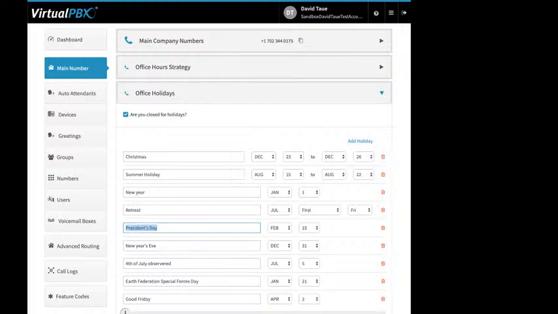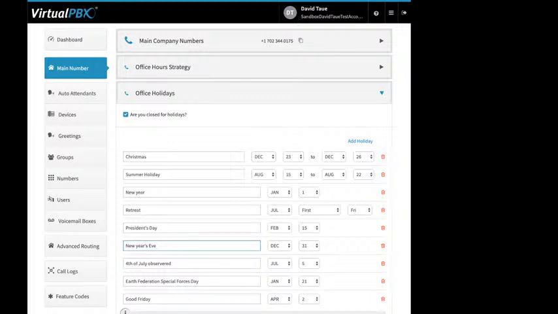Right, for date range, so we have up here for Christmas. You've got to give it a name. You give a start date and an end date. The main caveat here is that you do not want a date range that includes New Year's Eve and New Year's Day, mostly because there's not a year indicator here. So the system would just put you in after hours mode all year. So just for those 2 days, you would want to do like we have here, where we have New Year's Eve and New Year's Day, right? So 2 single day